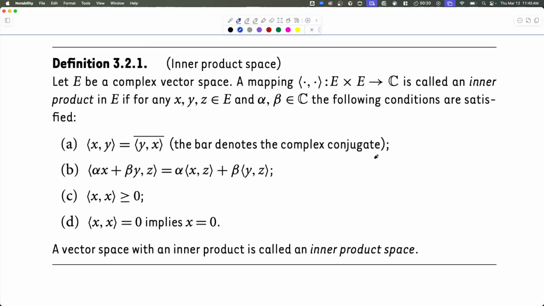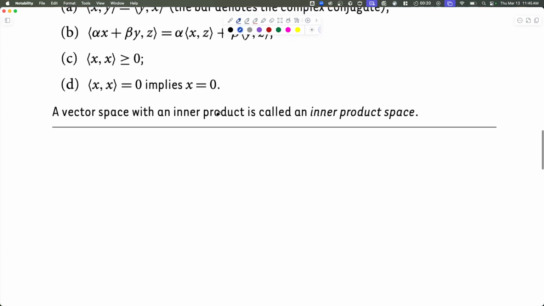We use this notation for an inner product, which is these two angle brackets. So the angle brackets look like this, and in the angle brackets, they put two dots. They're saying it inputs two vectors from the space E, and it must satisfy these conditions. Before we tell you the conditions, let me give you the best example so you can have it in your mind. An example, which is the ordinary space,